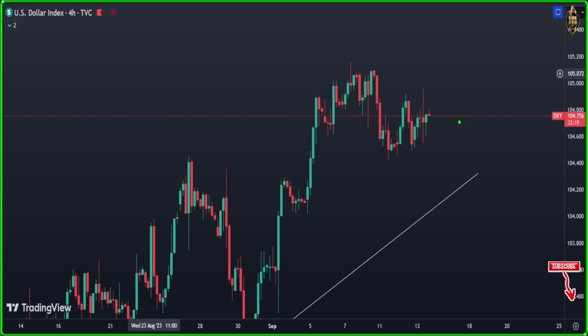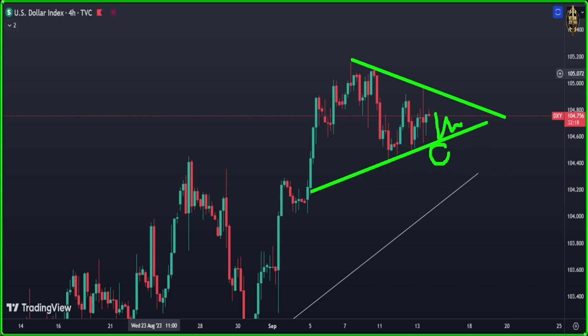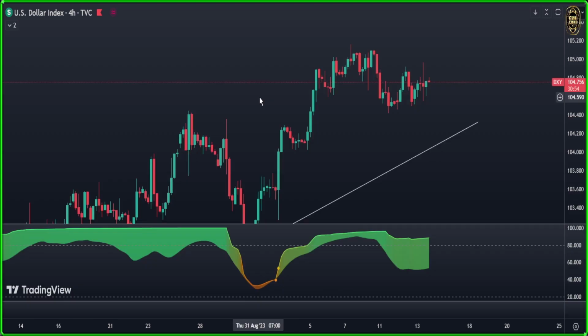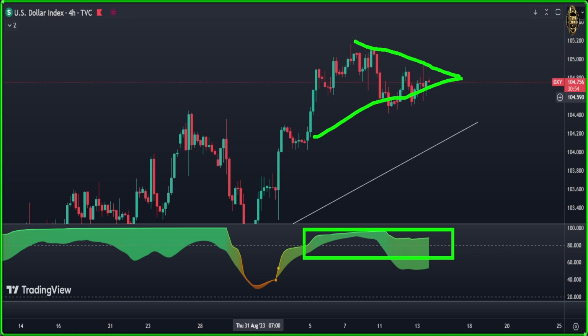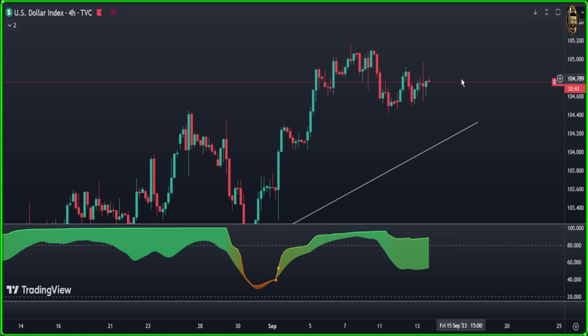At this time, the market is locked and is going to stay sideways here. Today we're going to see if we break up here, or break down at that trend line, or the lower side of that symmetric triangle. Then we can enter short or enter long. I think the picture is too clear. Let's see what our indicator is saying. Our indicator is telling us we are also at the overbought area. So technically you need to look for short, but for you to enter short, it needs the market to tell you that, and I'll show you the price action you have here. So till now you need to wait until the right time.